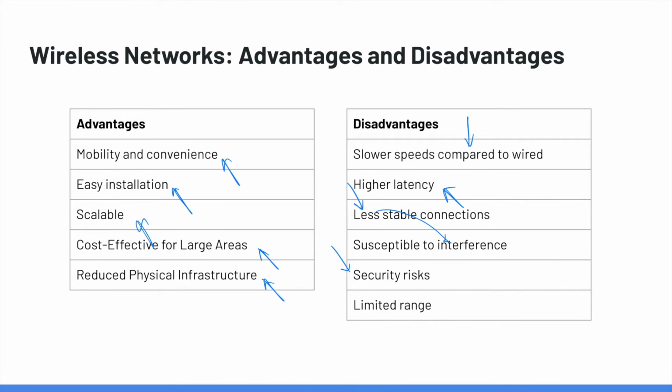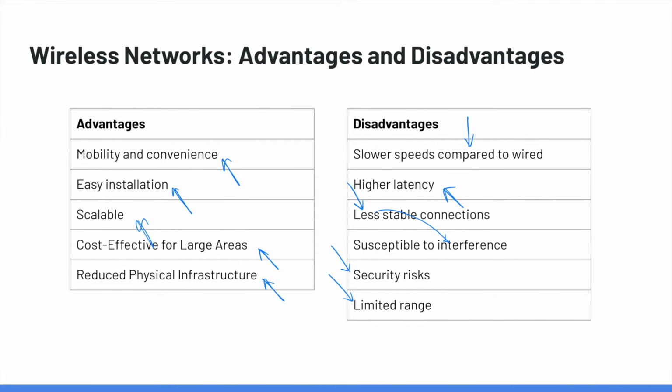You can just be anywhere within range of a wireless access point, and you can go ahead and just connect to that network. So it's a lot easier to hide and tap into a wireless network than with a physical network. And there's a limited range, which is true for wired networks as well. But with wired networks, your range is really only limited by how much cable you're willing to use to connect